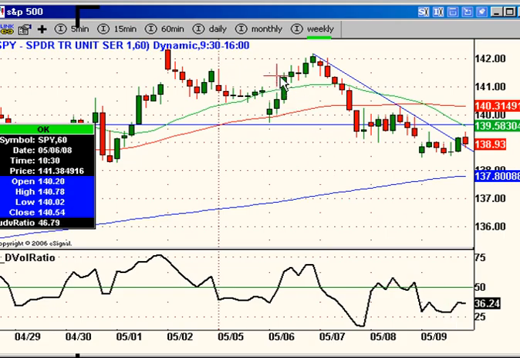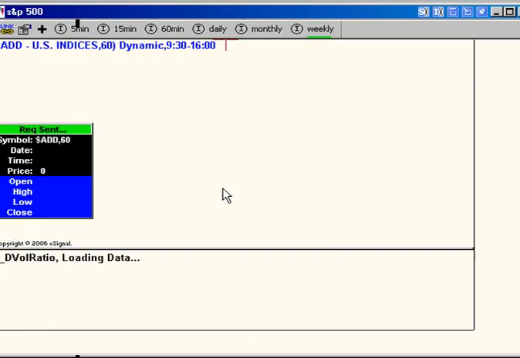So as you can see, as the market's pulled back here, we've spent most of our time underneath parity, which is natural because breadth is usually negative when the market's going down. However, I like to see divergences like this when the market goes lower but the breadth doesn't. Okay, and on top of the breadth, the advance decline line,